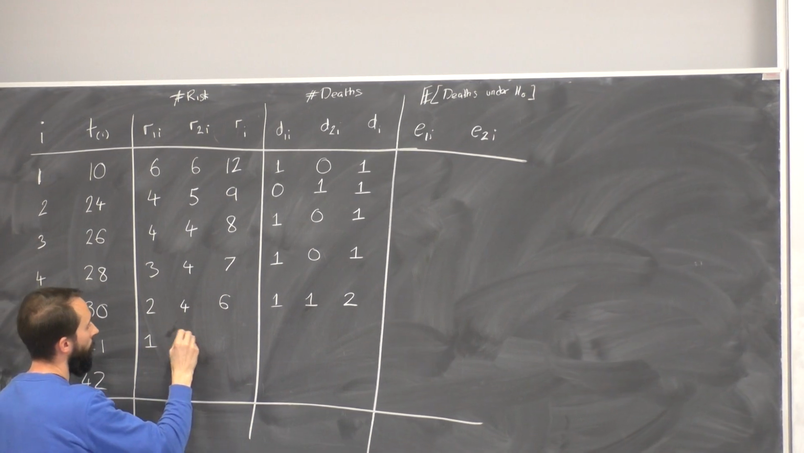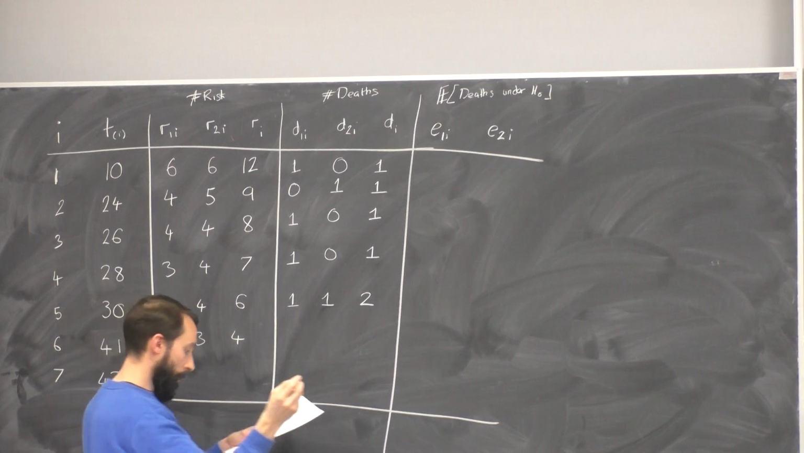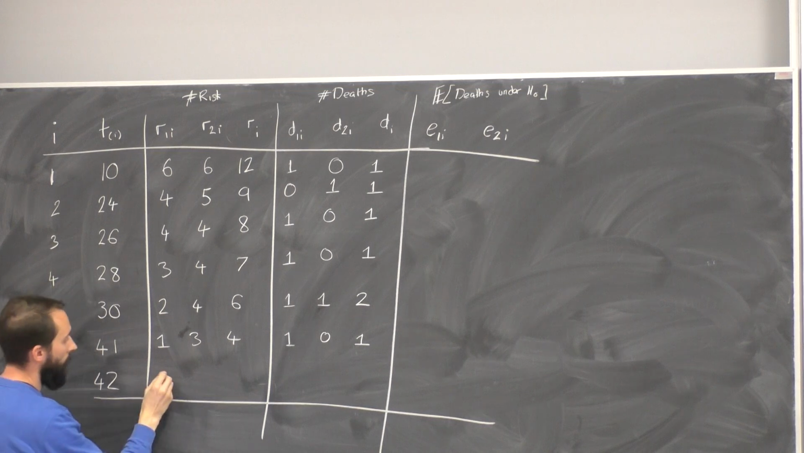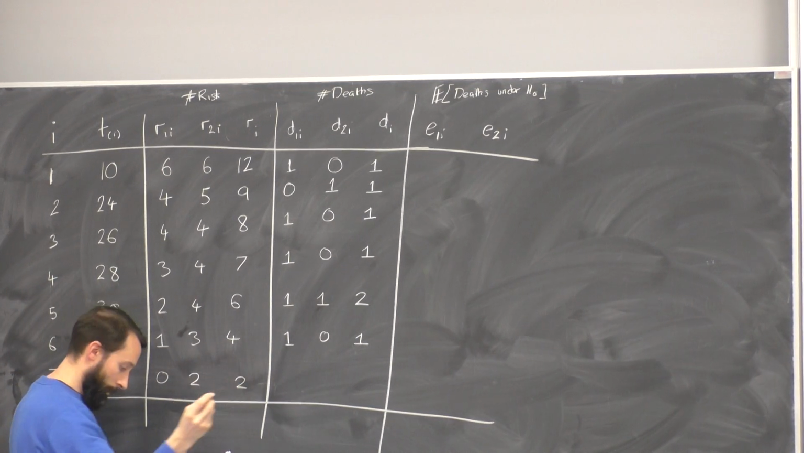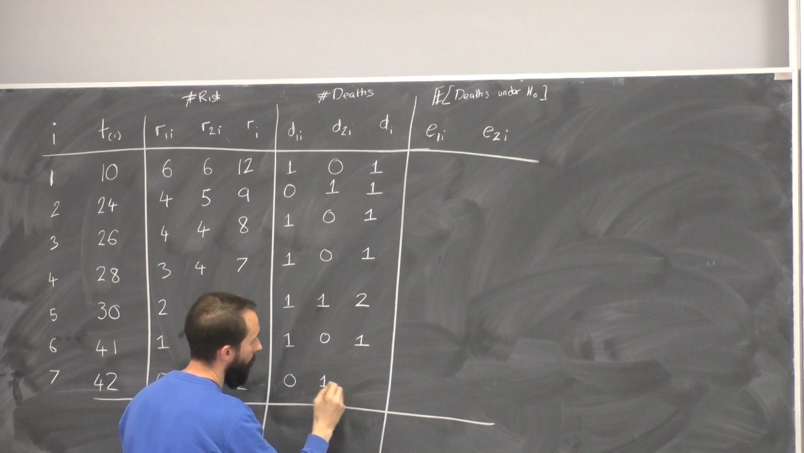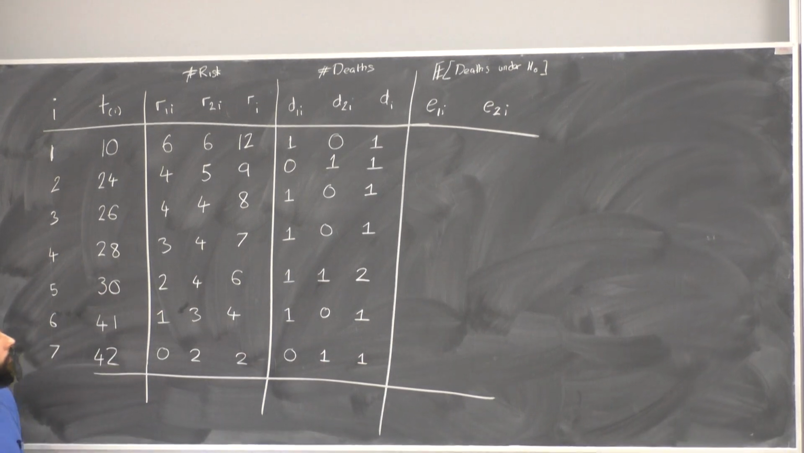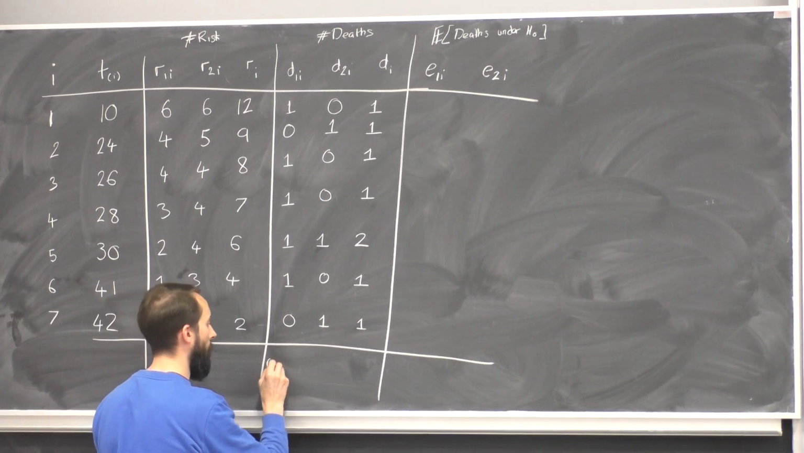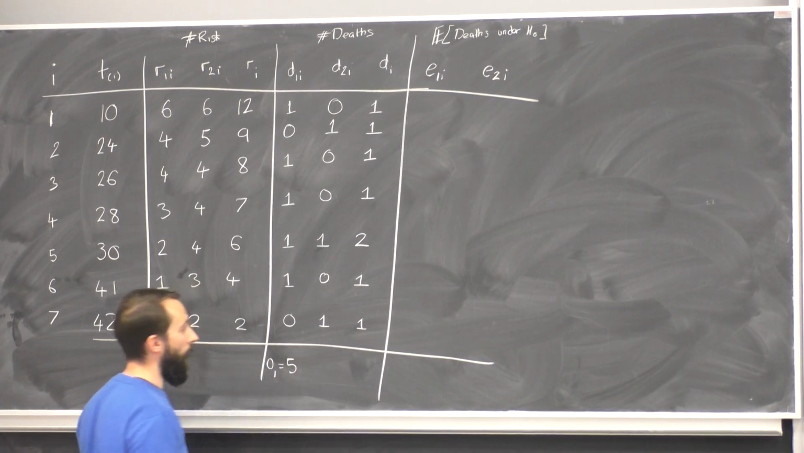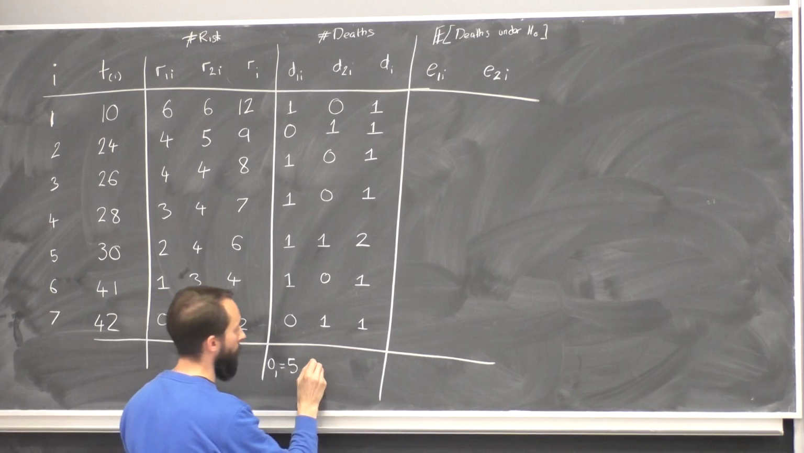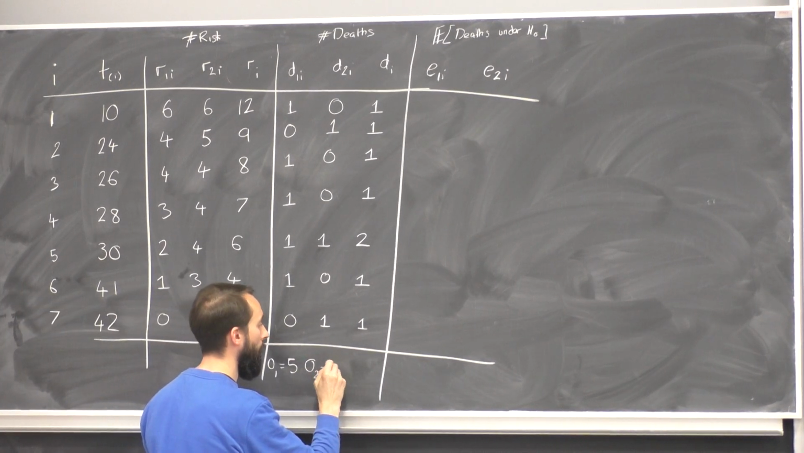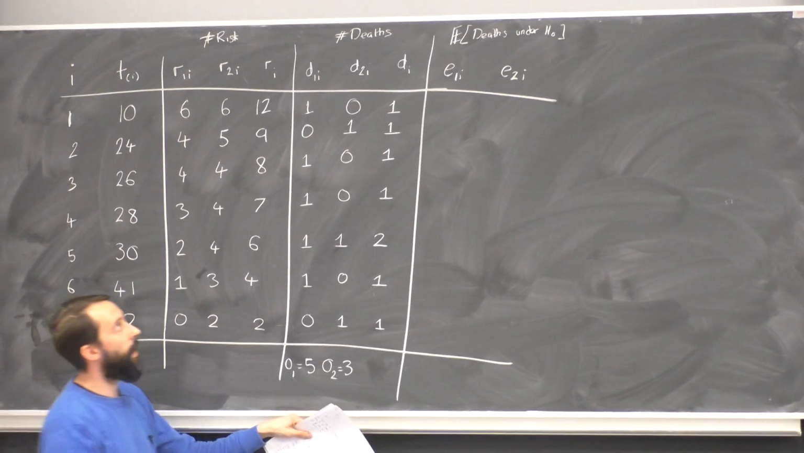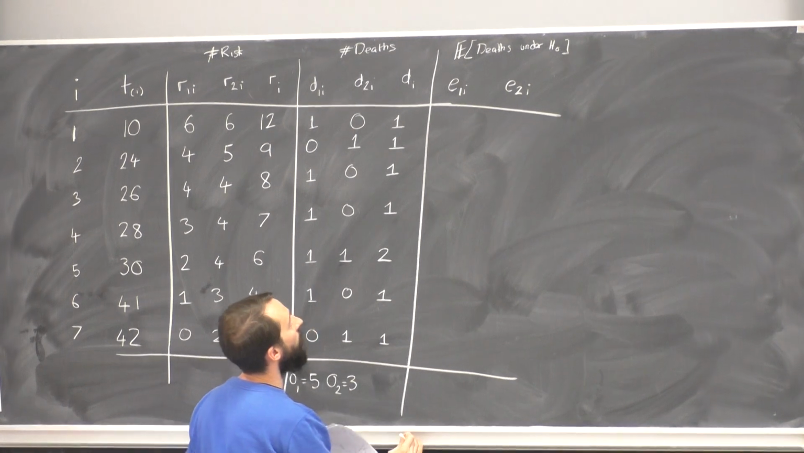Okay, and then a 1, 3, 4. 1, 0, 1, and then okay, so in total I saw 5 deaths in group 1 and I saw 3 deaths in group 2. Okay, so now I'm going to try and compare that with my expected number under my null